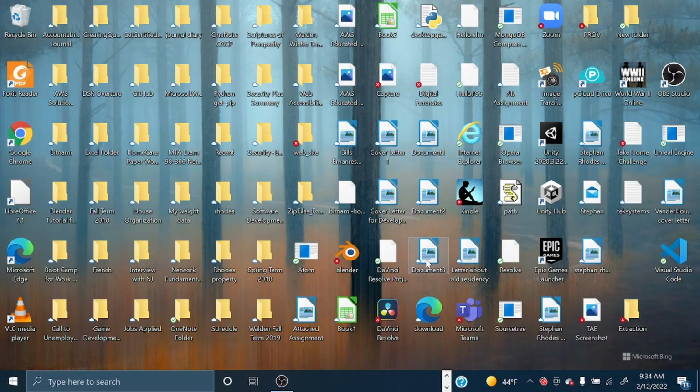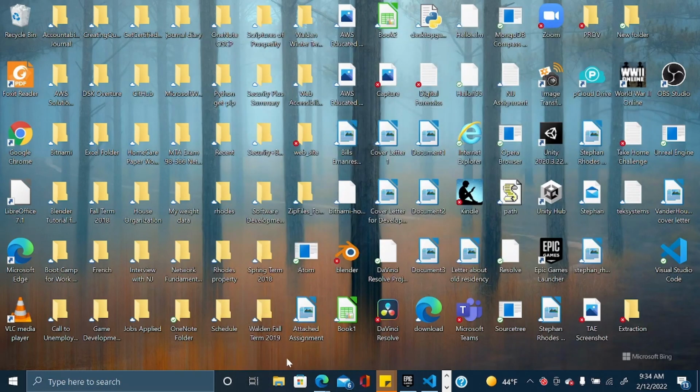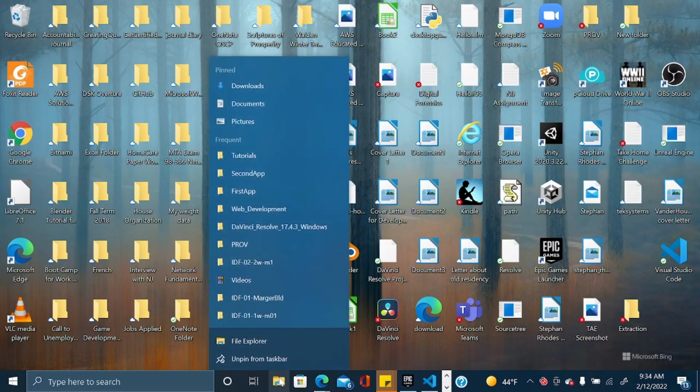Alright, today I'm going to talk about how to clean up your disk. So the first thing you do is look for this particular icon. I'm going to start closing it. If you don't have it, you just right click and click on File Explorer,